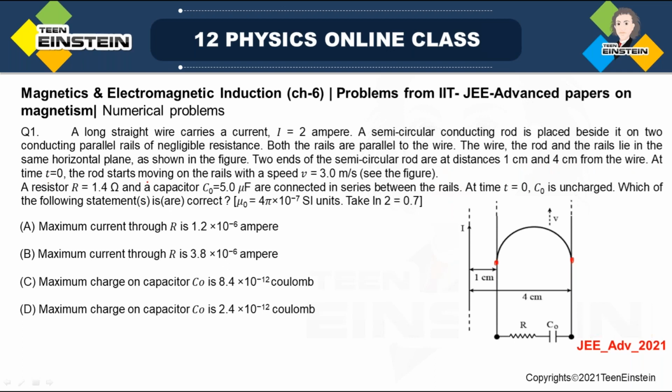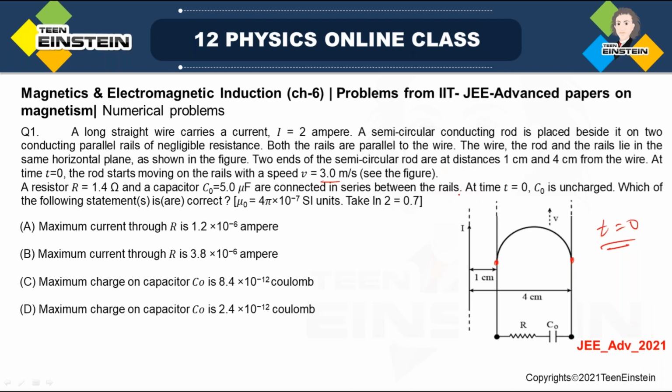At time t equal to 0, the rod starts moving on the rail with speed 3 meter per second, as you see here. So at t equal to 0, it starts moving with velocity 3 meter per second. A resistor 1.4 ohm and a capacitor C0 equal to 5.0 microfarad are connected in